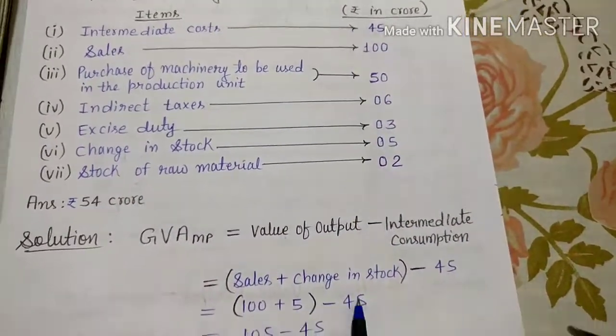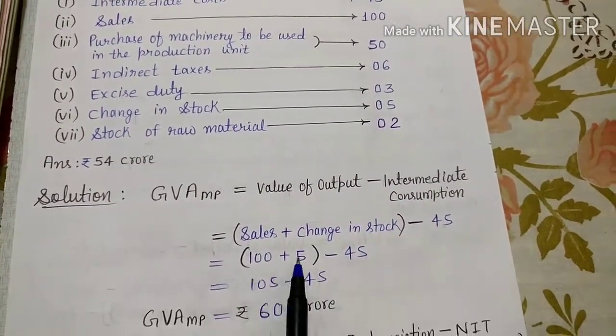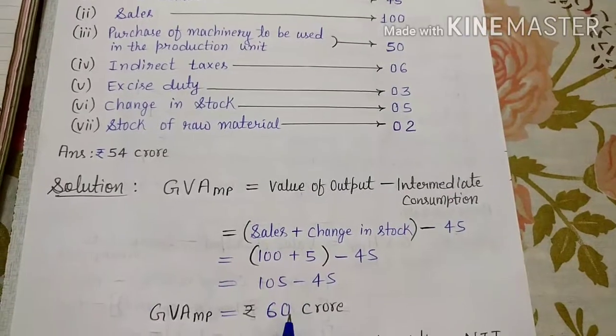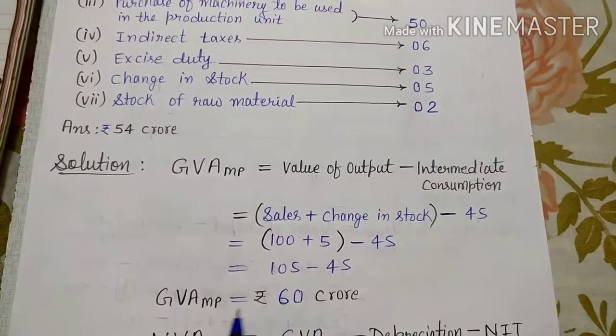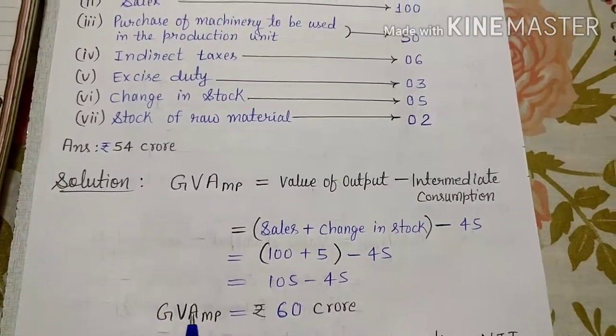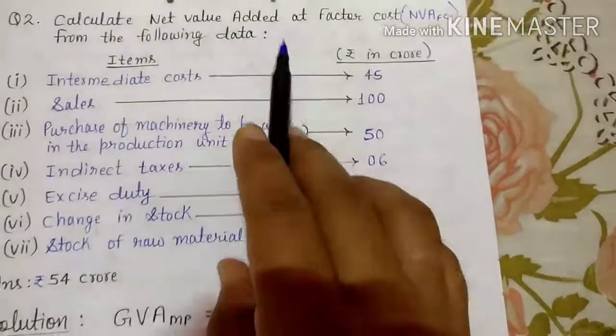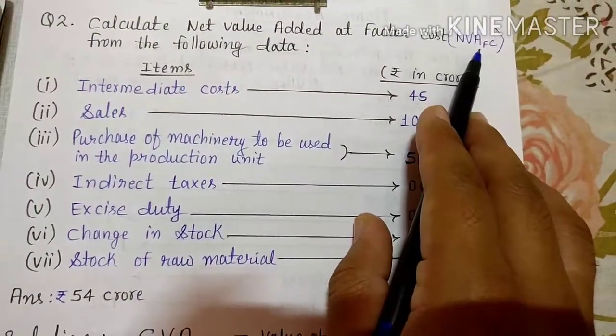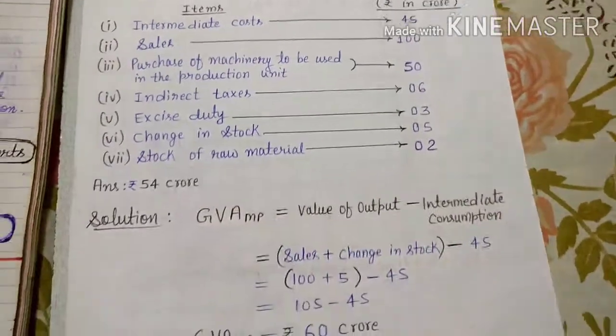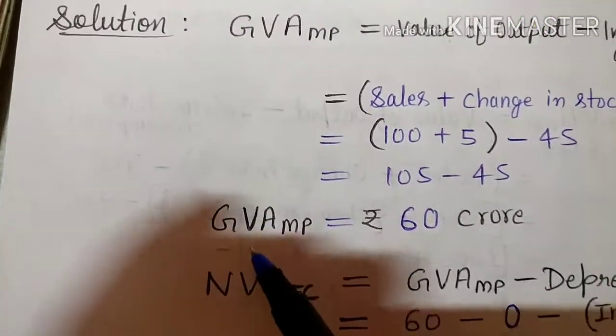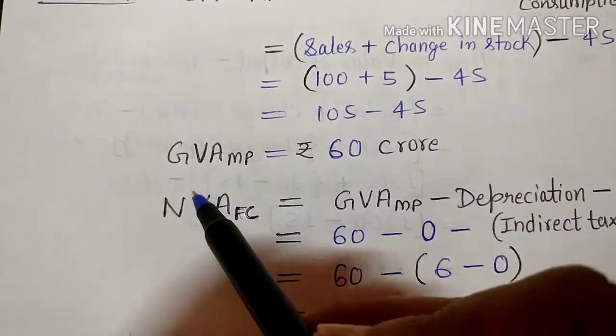Directly everything is given, so we have done 100 plus 5, 105 minus 45, it comes to 60 crore. What comes? GVA at MP. But remember what we have to find out. We have to find out NVA at FC. So in order to convert this GVA at MP into NVA at FC, we have to